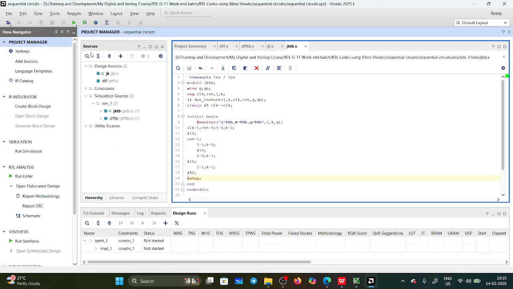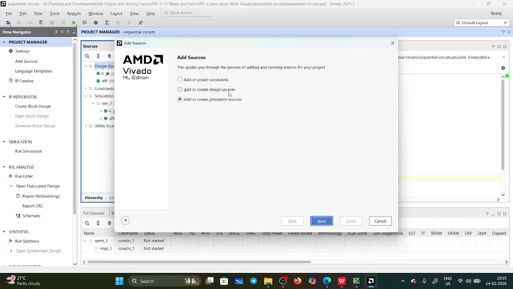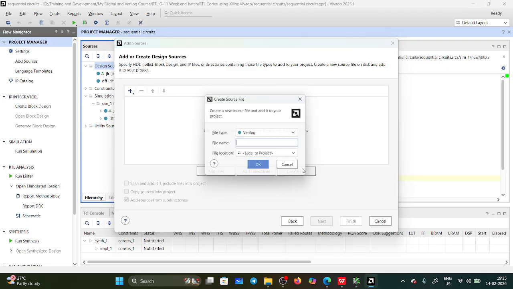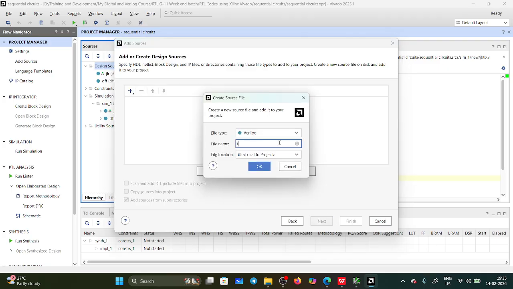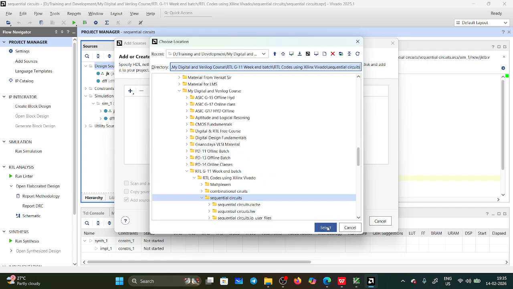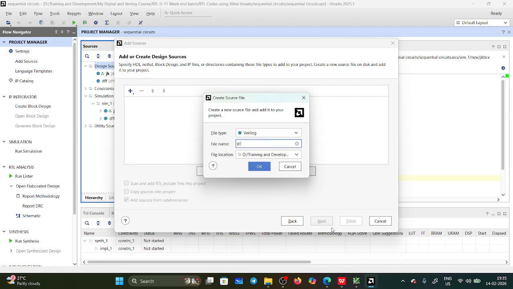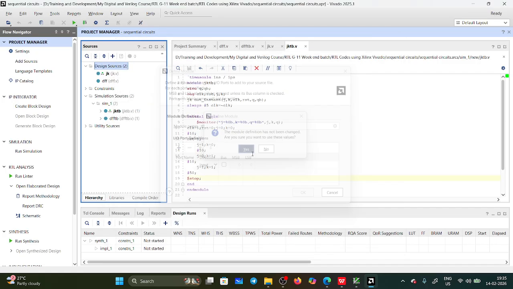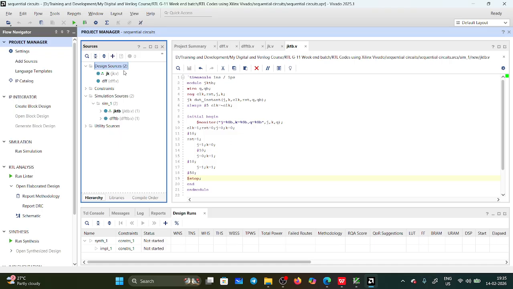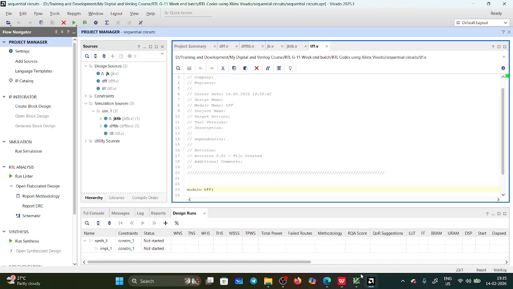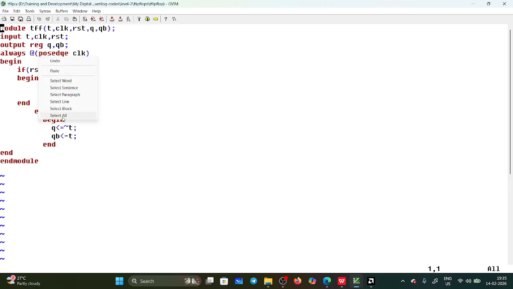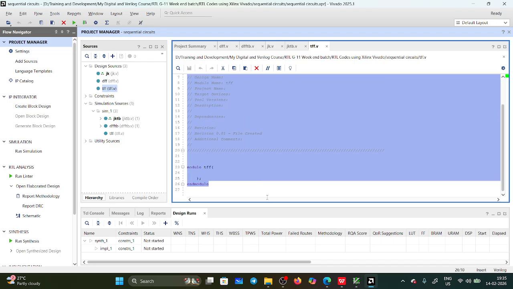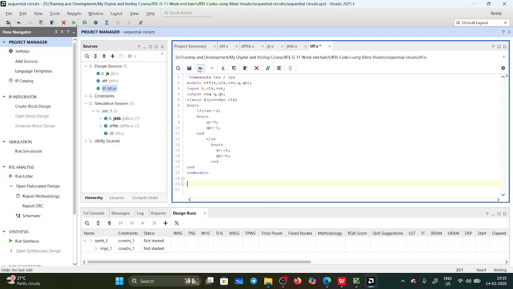So here this code is T flip flop. Go to sources, add this file, create design source. Next, create, and my file is T flip flop, and choose the location sequential circuits. OK, finish. And my module name is also T flip flop. Select all, copy, and paste here. Save this file,